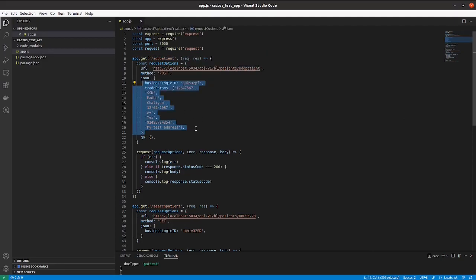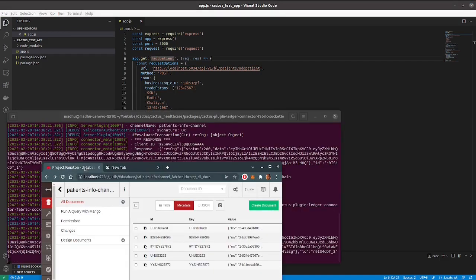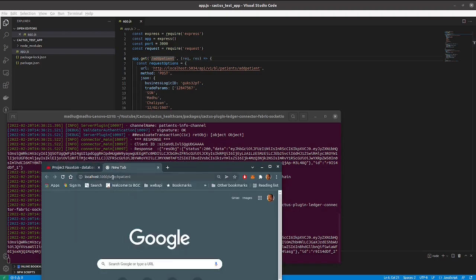I have set up a patient record to add when this router is invoked. Here now you can see 4 records are there, and now I am invoking add patient.